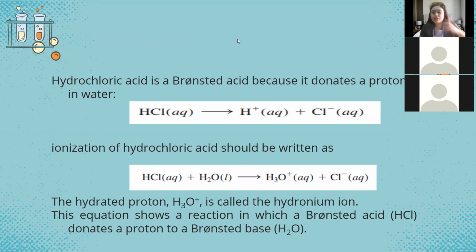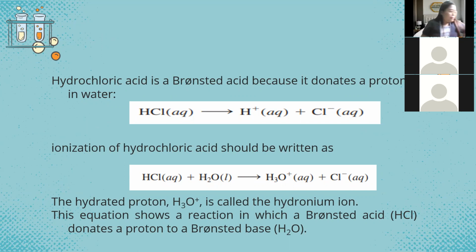Pero pwedeng mag-overlap ang dalawang definition na ito, kagaya ni HCl. HCl is an Arrhenius acid because it has hydrogen. But it can also be considered as a Bronsted acid because it has also the ability to donate proton. So anong mangyayari? We have here,